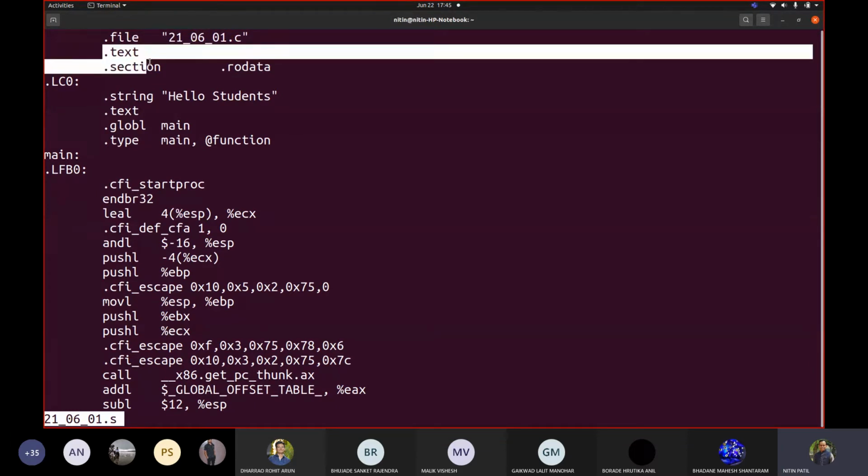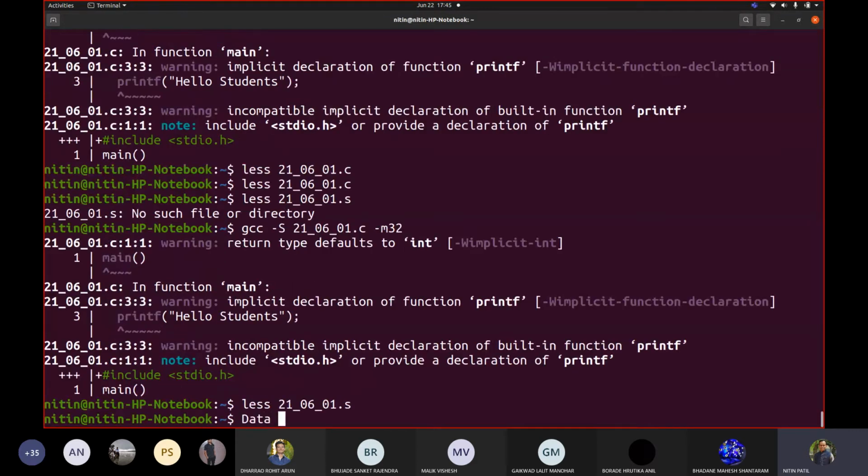Now, when we talk about what the program contains, it contains data and it contains executable statements, correct? Your program contains data, and your program contains executable statements. Now, if I want to see how many data elements are there in my executable, how do I know that? There is a command called size. Note it down.